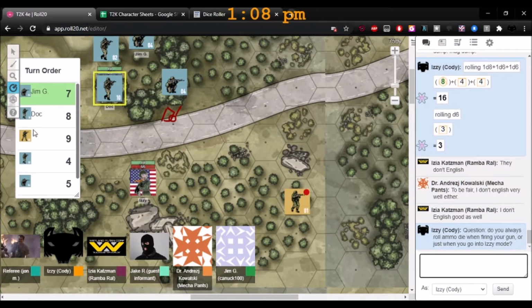So you'll be doing a quick shot, which is -2. So you'll reduce that from your lower die. Now I think we want to check the range also. Medium range. Okay, good. So that'll be just -1. Now these guys aren't prone, so that's not a problem.